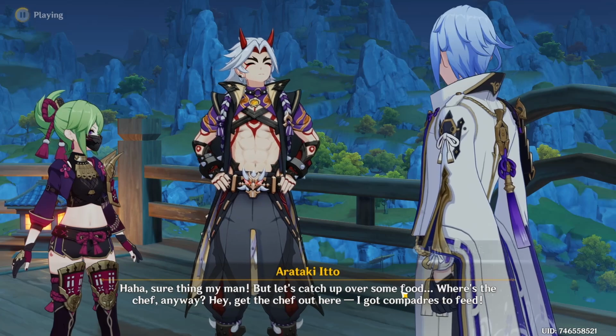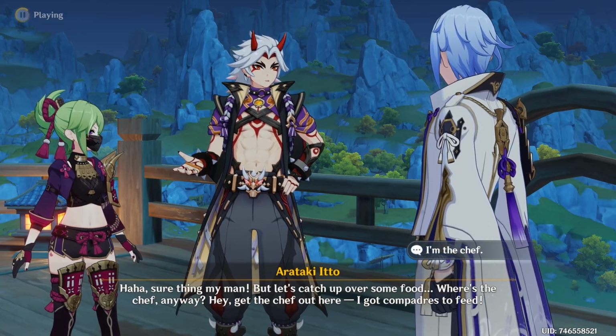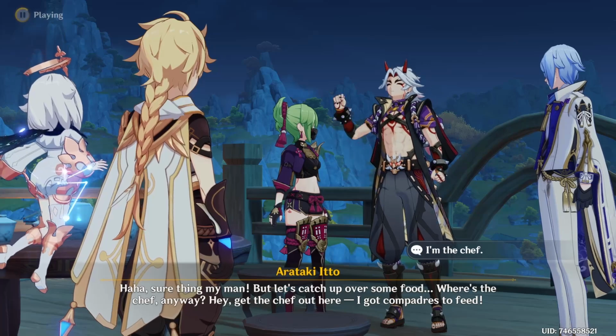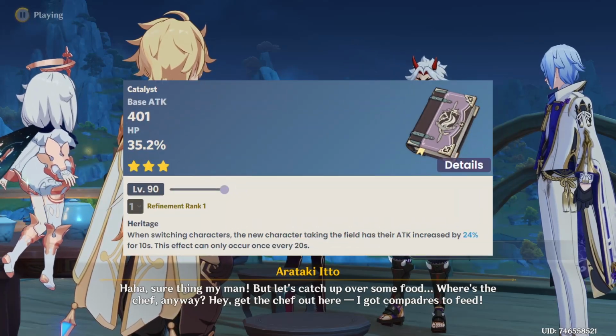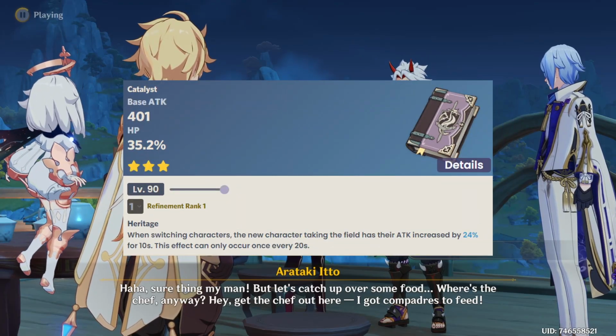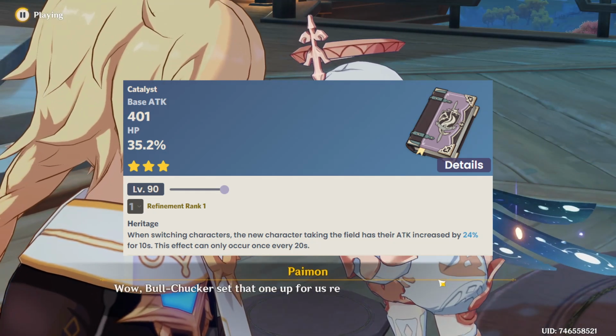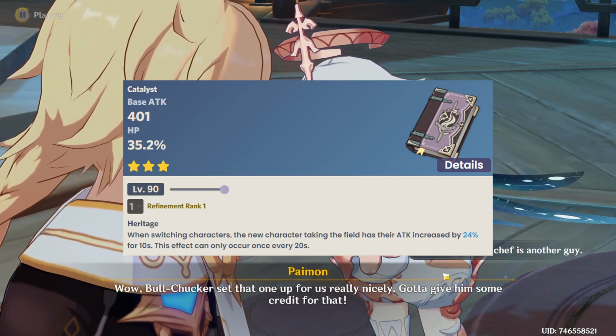So without any more delays, let's talk about some 3-star weapons you should pay more attention to. Starting with a classic for some players, Thrilling Tales of Dragon Slayers is a 3-star catalyst that provides HP percent as a substat. And I'm sure most of you see this weapon being recommended to be used on some characters